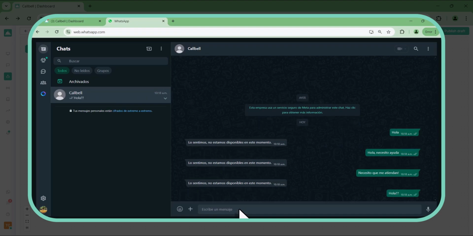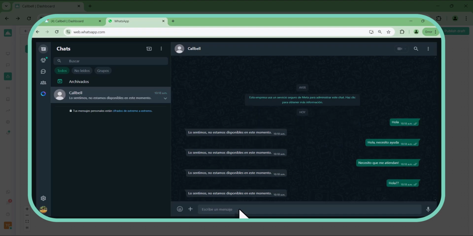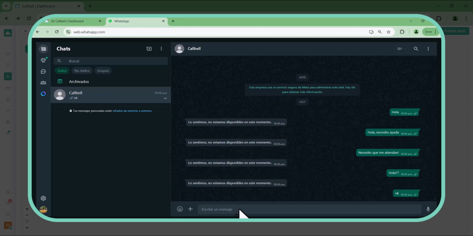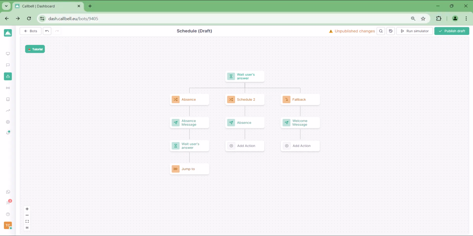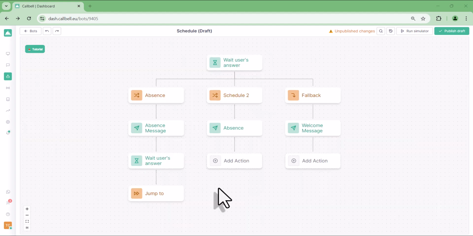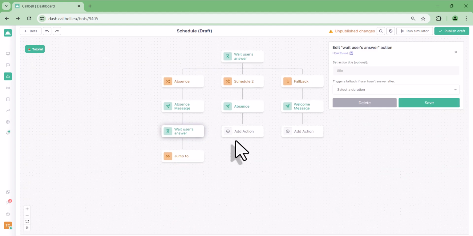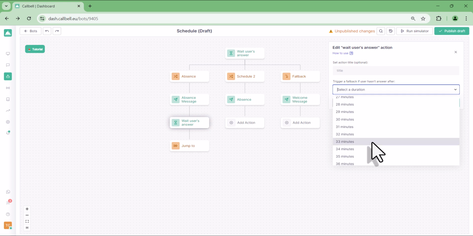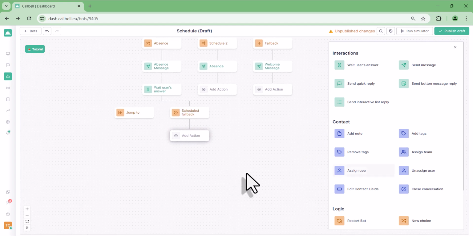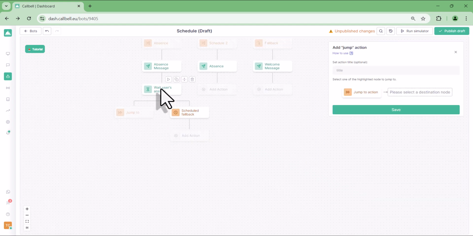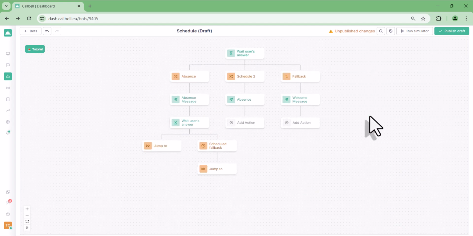To solve this issue, we will create a programmed fallback by assigning a waiting time to our waiting for response interaction underneath the away message. We usually set it to activate every 30 minutes if the user doesn't respond to our away message. A new branch called scheduled fallback will appear. Under this branch, we create a logic type called continue to. We choose for it to continue to the same action of waiting for a response beneath our away message, like this. If the user gets tired of replying and receiving the same message every 30 minutes, the programmed fallback will